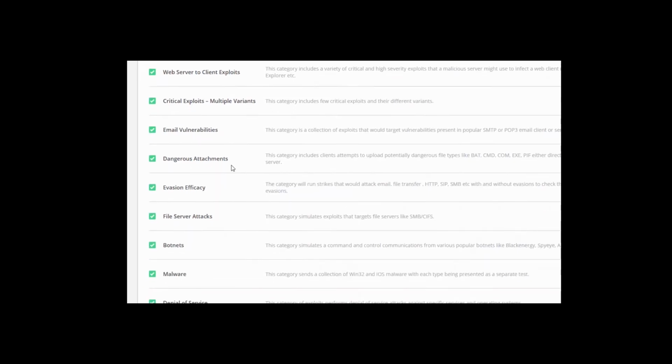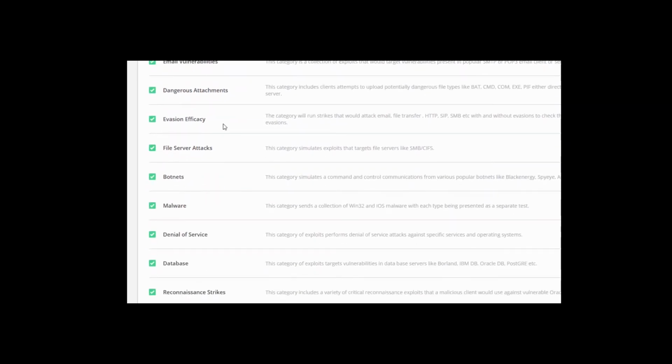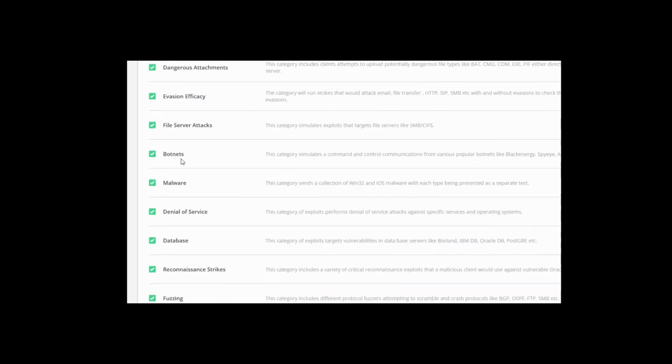Email vulnerabilities, dangerous types of attachments, creating different types of evasion strategies, which are generally very difficult to configure if you don't understand what are the right attacks that would be aligned with the right evasions. Here, our security experts have designed all these things: file server attacks, botnets, malwares, denial of services, database reconnaissance, and